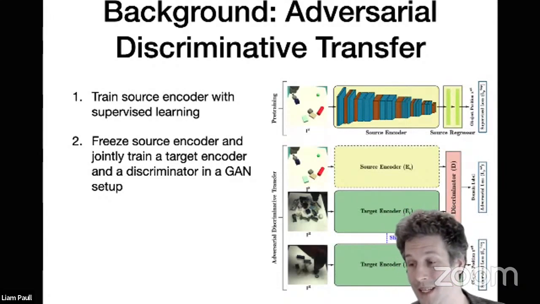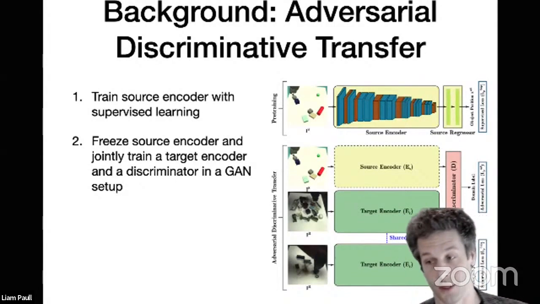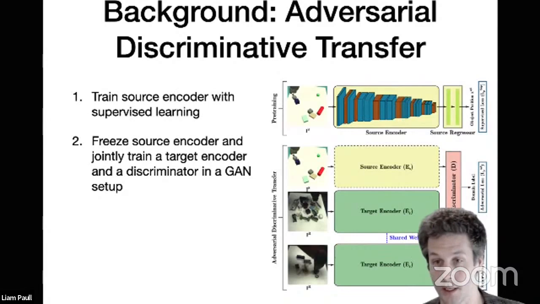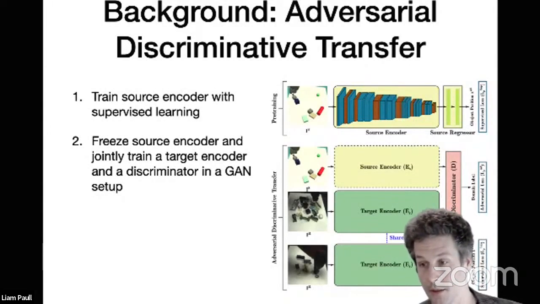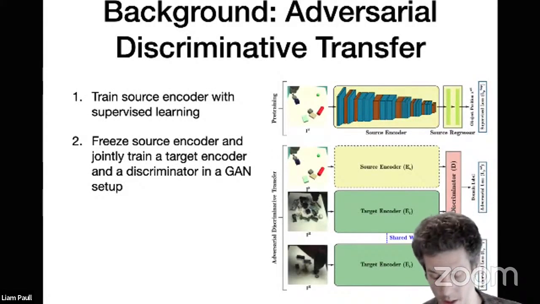So all we need as a prerequisite for this is a bunch of unlabeled, off-policy target data. So notice that at this point we don't actually need to do any supervision. We've just got a bucket of data from the simulator and a bucket of data from the real, and now we can train this target encoder